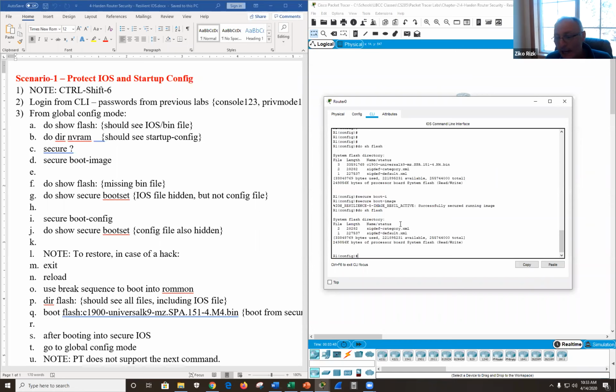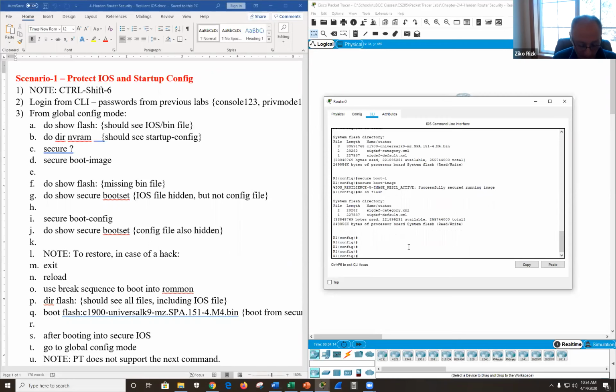And you can see the IOS operating system is no longer visible. It didn't go away, we just hid it. Okay. And now if I was to do secure boot set, you're going to see both of those files because I already did the secure boot config for the configuration file and boot image for the IOS operating system file.